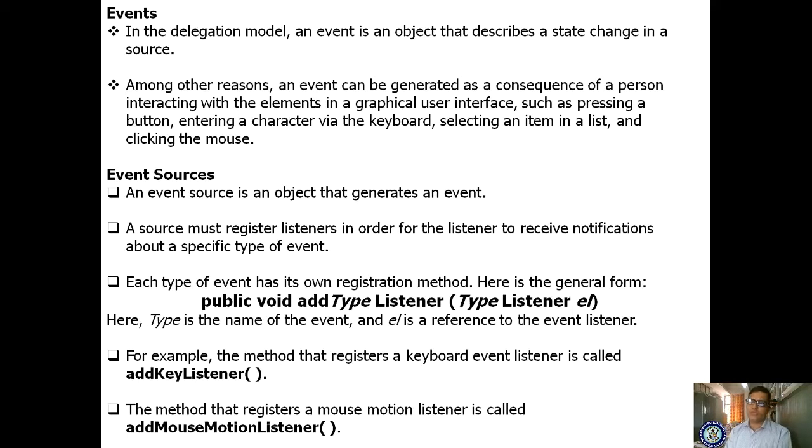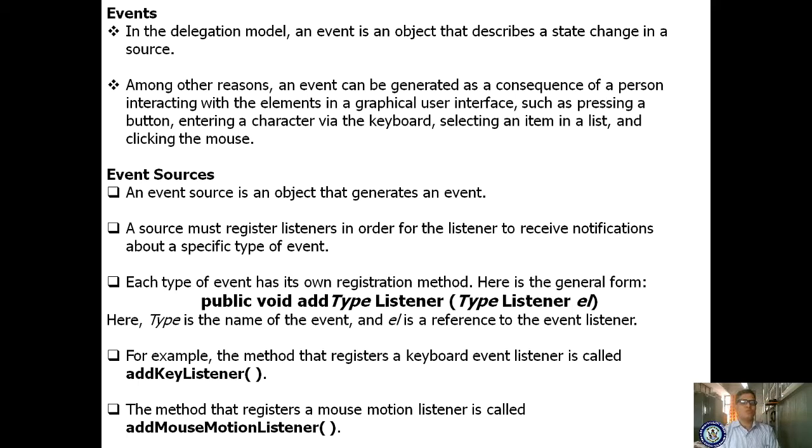Let us see event sources. An event source is an object that generates an event. By using this event source object, we are generating an event.